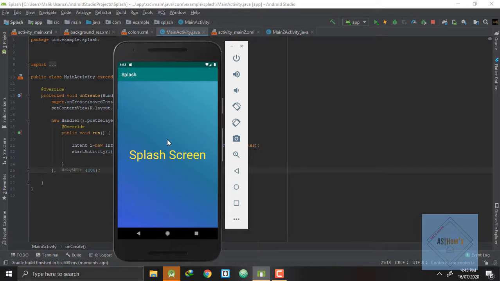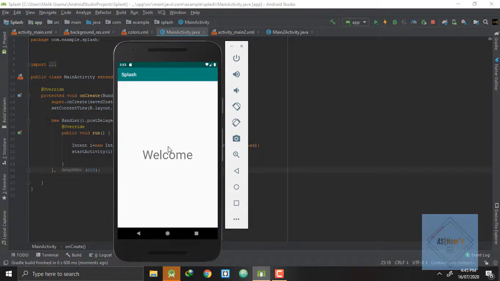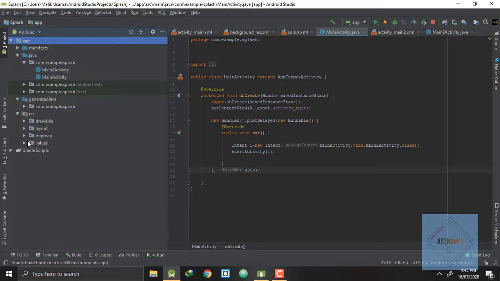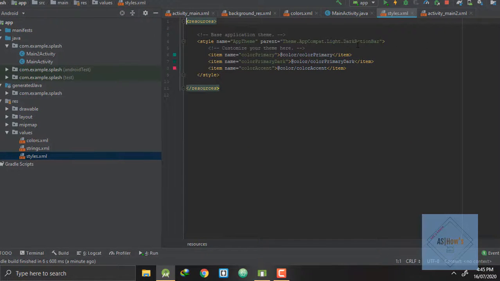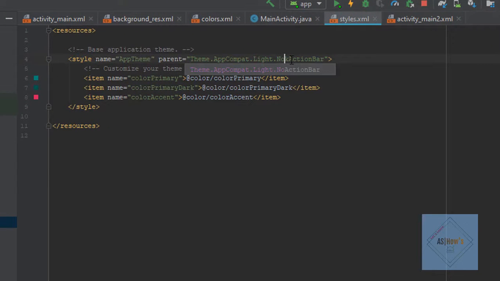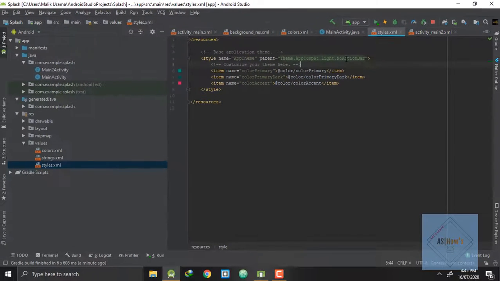Now we can see here that our application has launched, and our splash screen will disappear after 4 seconds. But we want to remove this action bar from the top here. So we will minimize this and go to the resource folder, values, styles.xml, and here we will remove this Dark and write here No, which makes our theme NoActionBar.